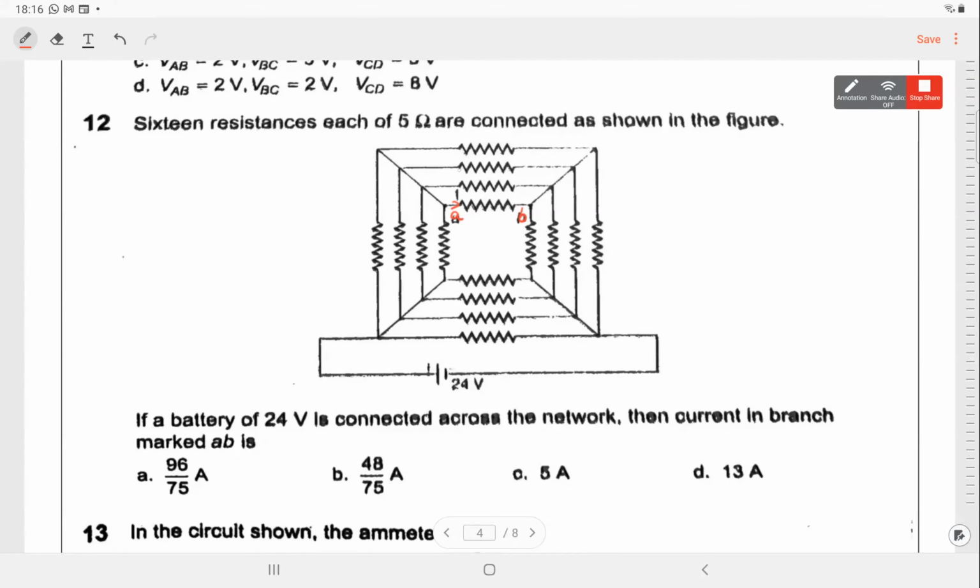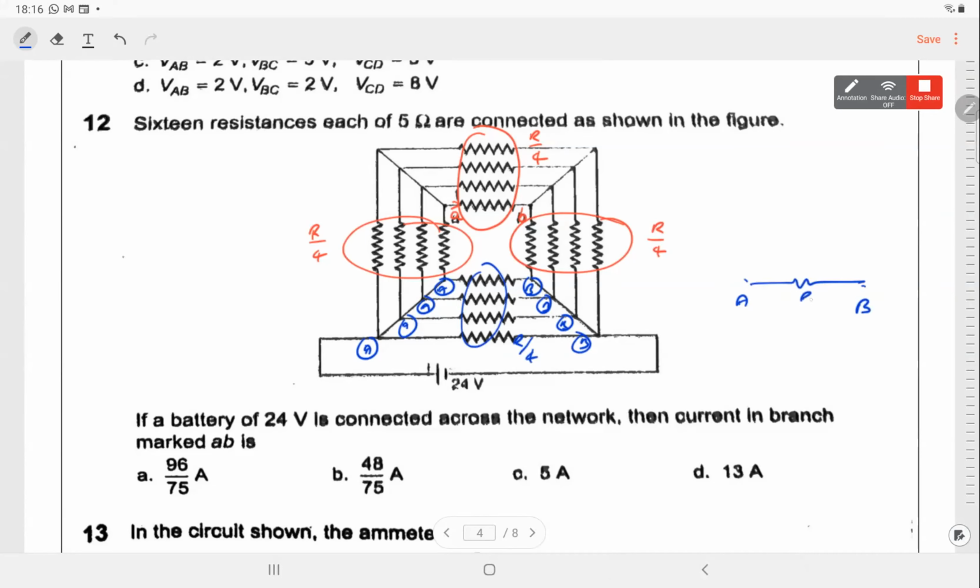क्या करेंगे फिर हम? There are R and R and R, such 4 resistors, R by 4, R and R and R resistor 4, R by 4, R by 4. Now again we use that points connected by wire will be at the same potential. So if this is A, all of these will be A. Similarly here B. So we can club all these 4 points together. So R by 4, R by 4, and in between the bottom side is also R by 4. So between A and B, here is a resistance of R by 4.